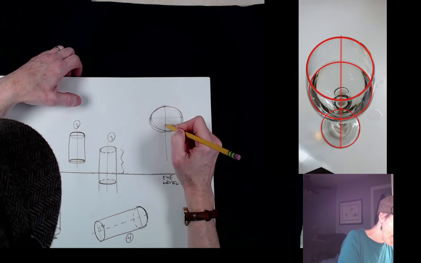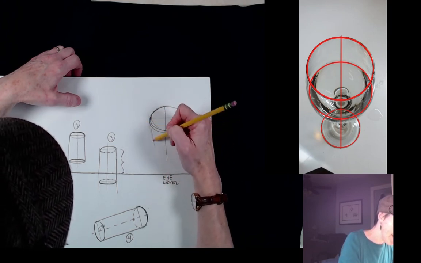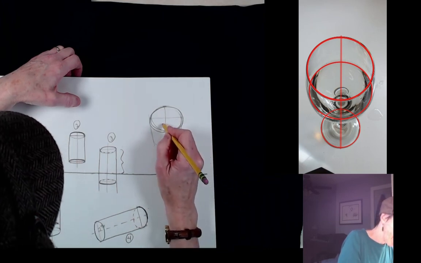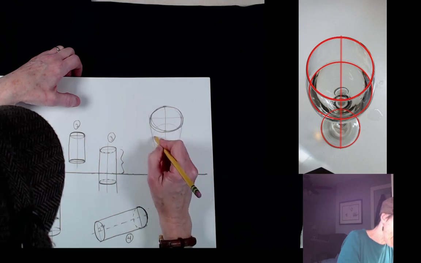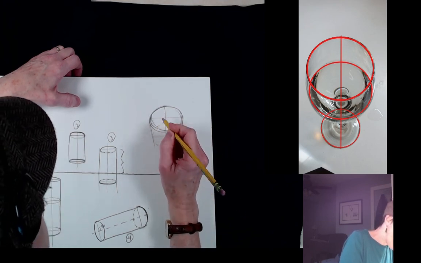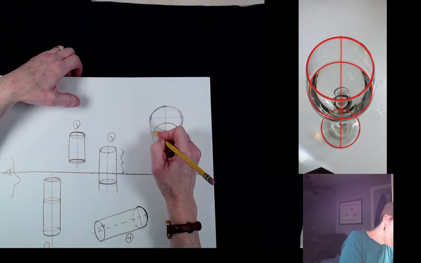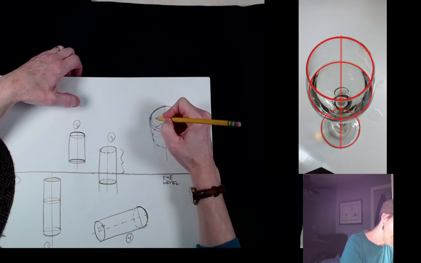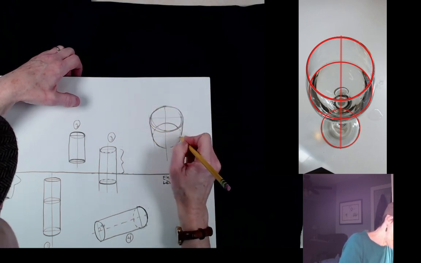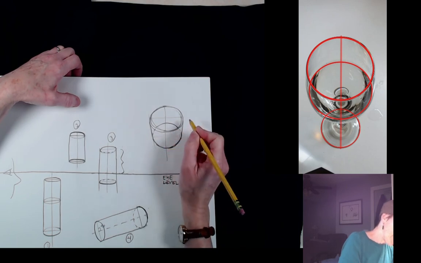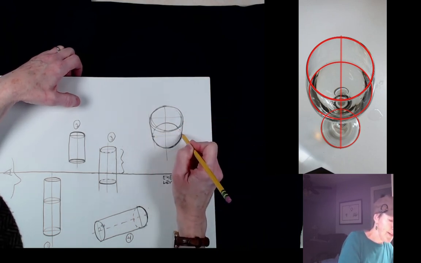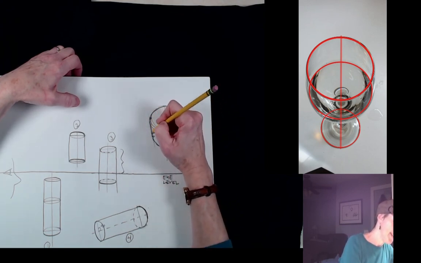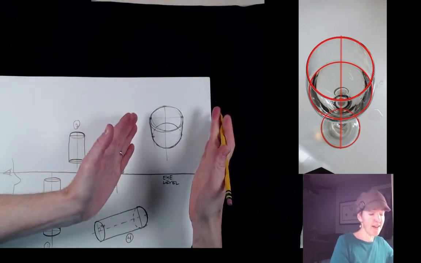And then the one that's further down, they're going to have converging sides typically, so you'd have to measure how much smaller that other ellipse is. And then this one at the other end is going to be slightly rounder. And again, draw the lines in dotted to start with, and then the parts that are visible, you're going to darken in. So right here what I was doing was finding the midpoint of the base ellipse and the midpoint of the upper ellipse and just connecting them with a straight line. That usually works really well to draw the sides of the object.